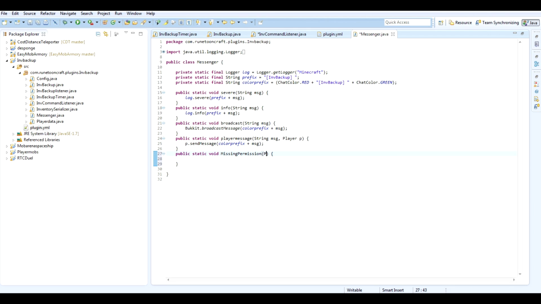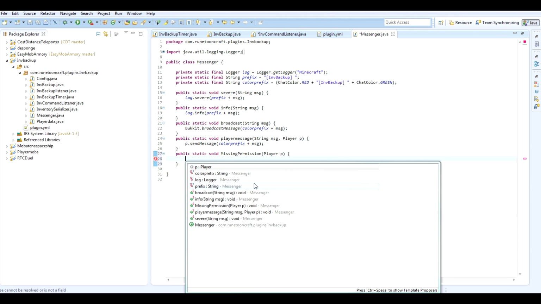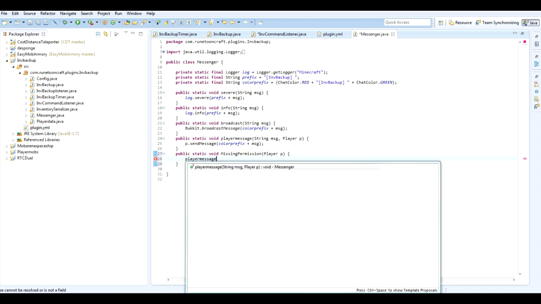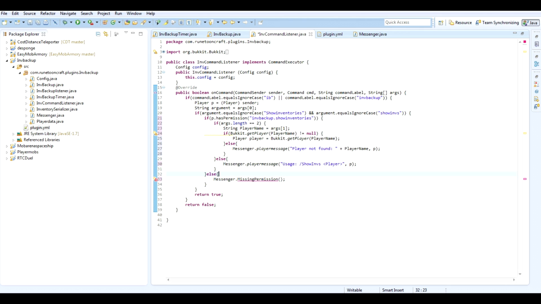I want to do, this would require a player, pretty much just sends a message. You want to do a player message, which is the same method up here. And we'll do missing, or you do not have permission for this command. Just a simple little message, and then back here it should work